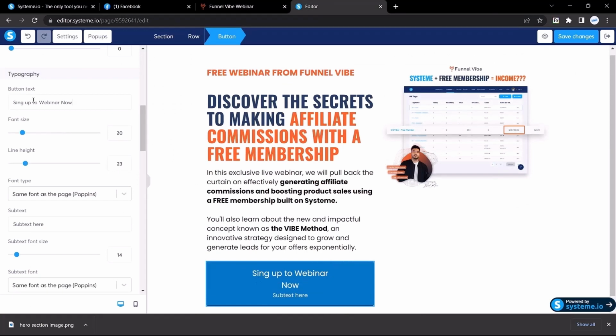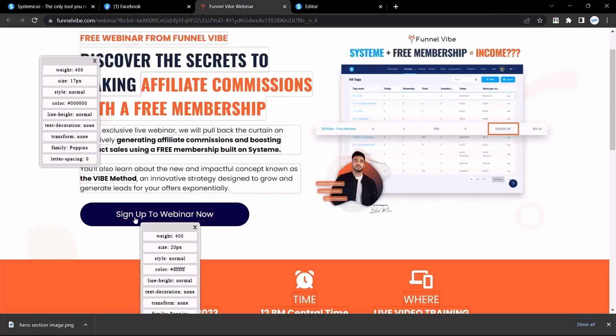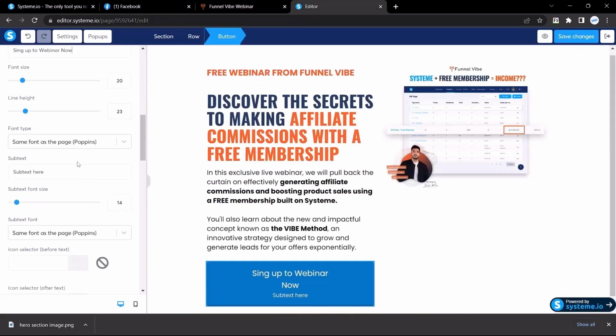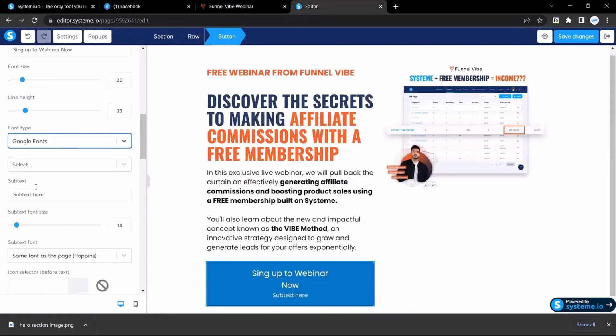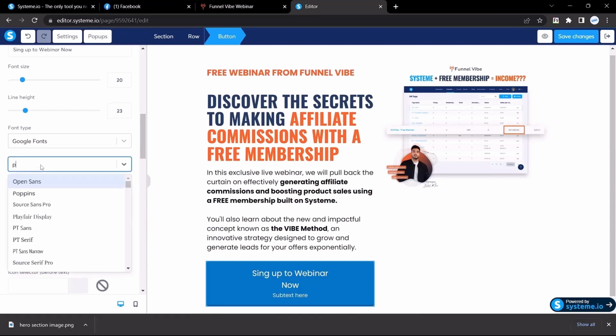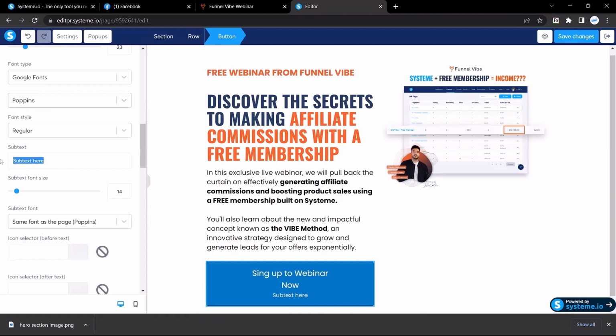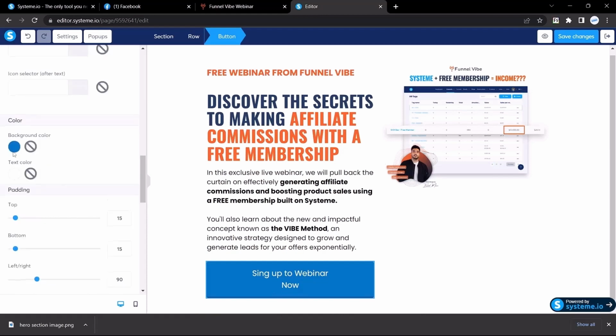We change the button text and now click the button. The button font size is 20 pixels and the font is Poppins. So make it 20 pixels, and the font is Poppins, Google Fonts, and from here Poppins. And here we don't need to add any subtext, so we'll just remove the subtext from here and change the